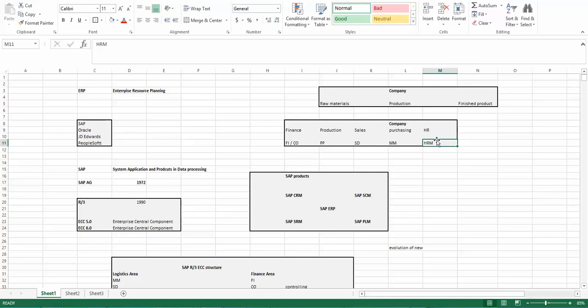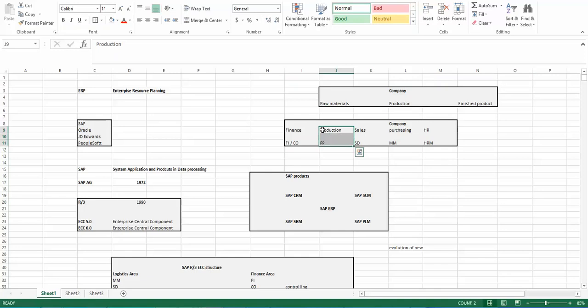So they tell you the requirement that they want this particular application. So remember that it varies from company to company, business to business, which application they want to implement. Let's say SAP ERP has all these applications which I have mentioned here on the screen, but let's say it's a service company. It's not a production company which manufactures a product. It's a service company. So that service company would not require this application to be implemented.